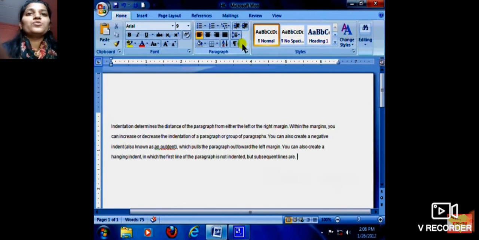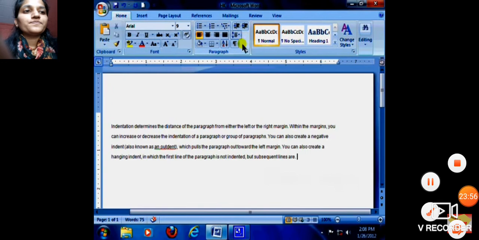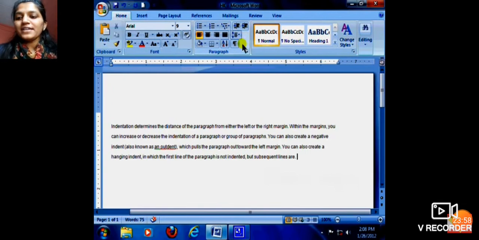Yes, you can give any size to your paragraph, but what you have been told in the lab practical is that you have to give the bold option. Okay, in the home tab, the font style will be Arial, and the heading size will be 16. Heading will be God always helps, and all the rest of the paragraph size will be 14.